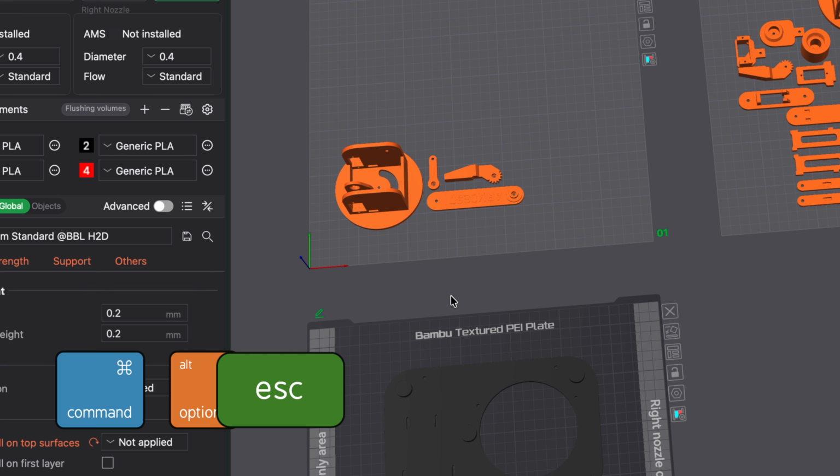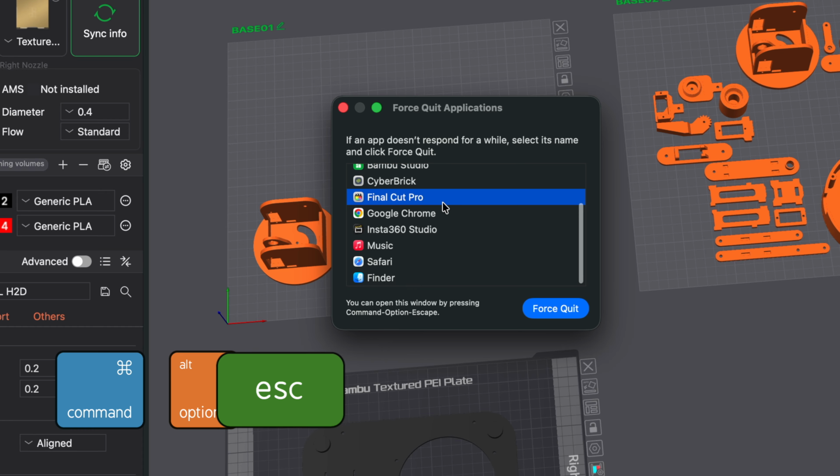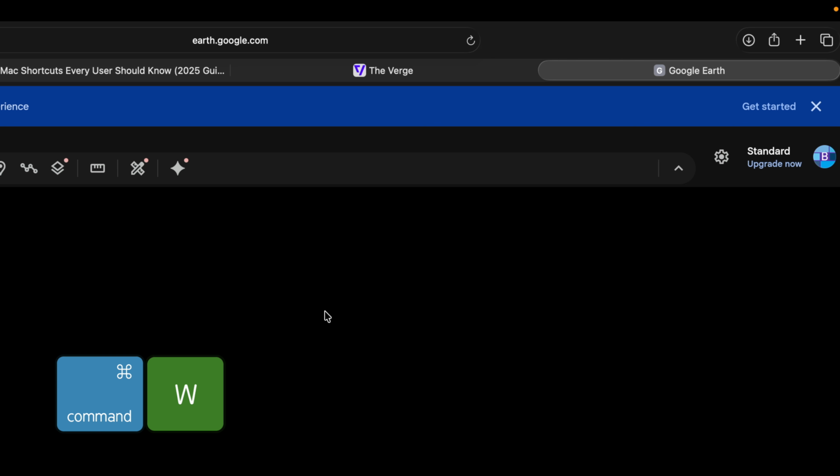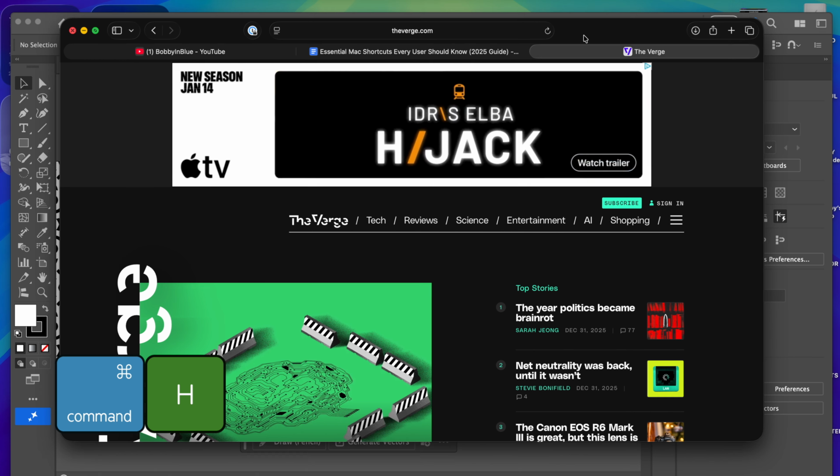Next up, if you want to quickly force quit an app, you can hit Command Option Escape and it will open up the force quit menu, and then you can select the application that you want to quit and then hit force quit. Okay, rounding out some of the more basic navigation things on Mac, you can hit Command W to either close a tab within a web browser or to close a window that you may have open. And if you want to quickly hide a window, you can hit Command H and it will quickly hide that